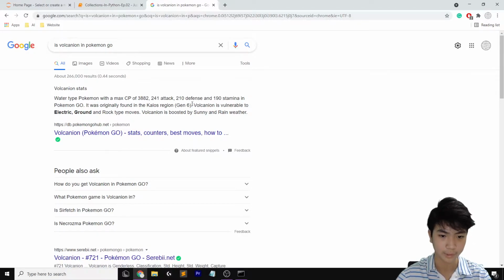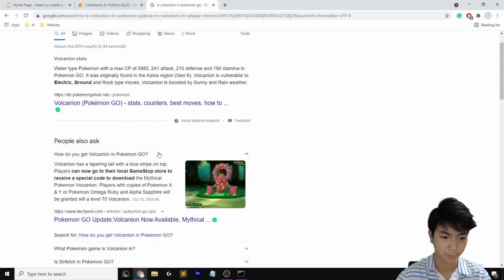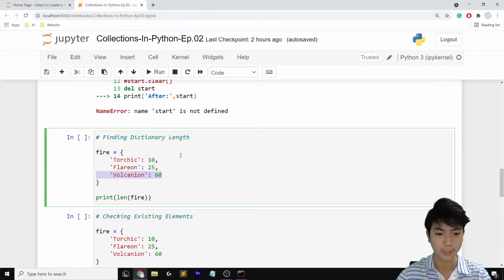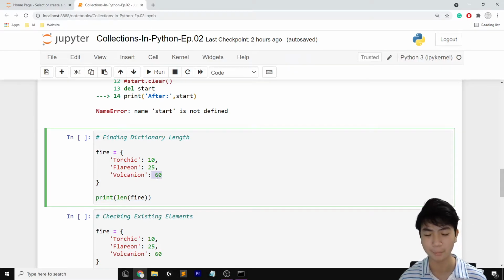3,882. Wow. Okay, well, yeah, Vaporeon's a good Pokemon. Just simply, yeah, and that's how he looks, Volcanion. And yeah, so Volcanion has a combat power of 60. I know that is really, really low, but I am right now judging my Pokemons from 1 to 100 combat power. And I know it might not be accurate. It's probably somewhere around 90 if it's on my scale, but this is not about